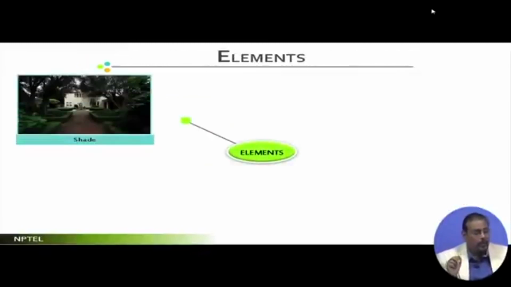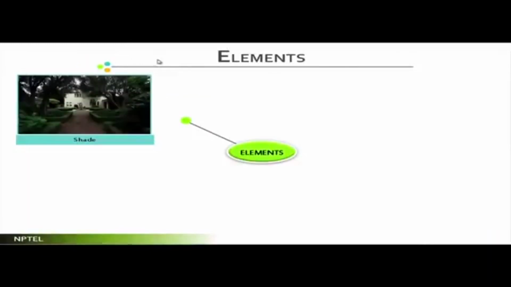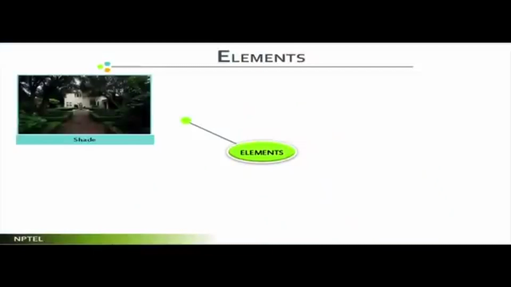So if you look at the elements, let's focus on this. This is the kind of paths that they have created, shaded paths. This kind of spaces that they have created through shades. What they have done is, they have used low height trees to create shading canopies, and they also had green shrubs at the base, creating this particular path.